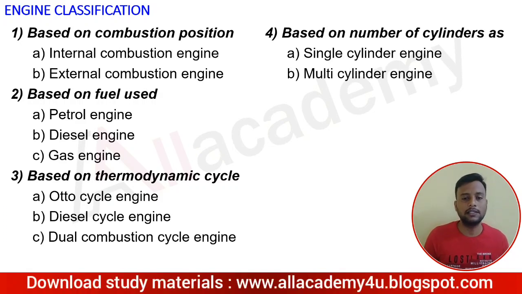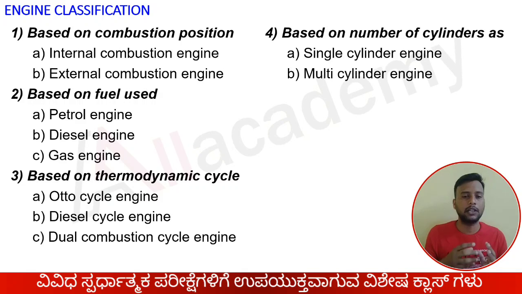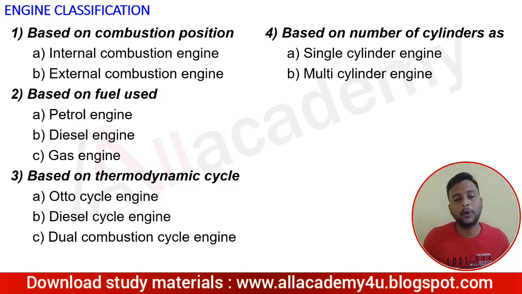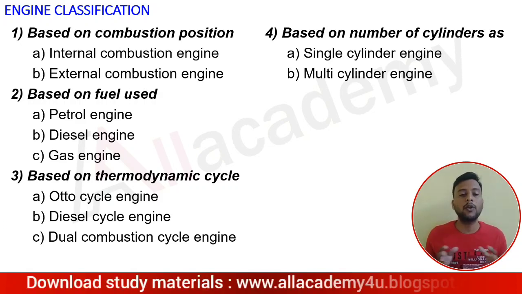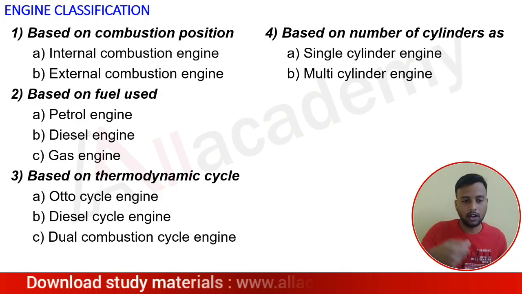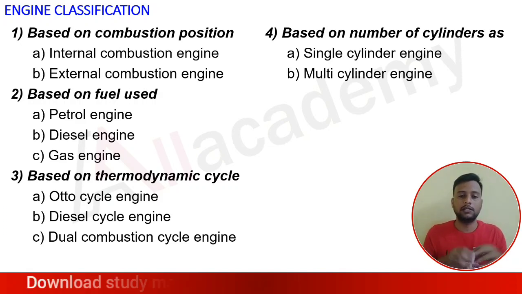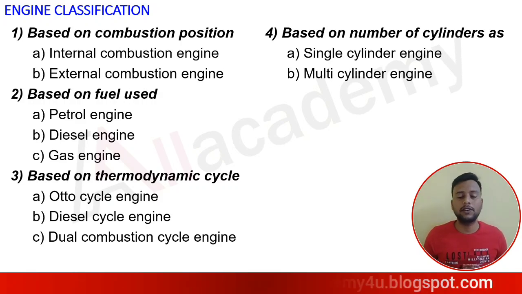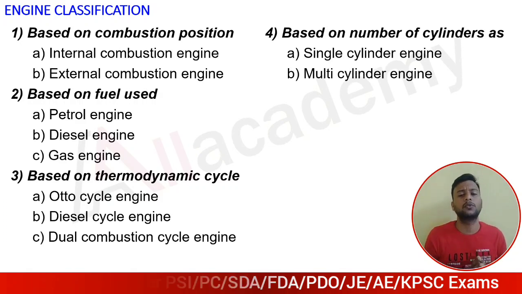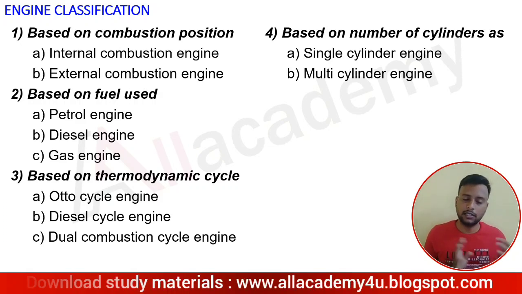Now moving to the next classification, based on number of cylinders. First is single cylinder. The small two wheelers we have generally are single cylinder. Only one cylinder will be there, in which complete combustion takes place. Next is multi-cylinder engines. If you open your car bonnet, you can see there will be multiple cylinders, 4, 3 or 5. That is a multi-cylinder engine. Most heavy vehicles come with multiple cylinders. Even two wheelers nowadays come with 2-cylinder engines, though previously they were single cylinder. Heavy vehicles with higher CCs come with 2 or 3 cylinders.